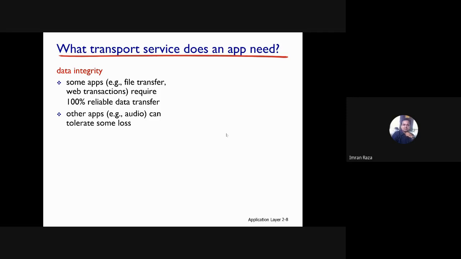So applications such as file transfer or web applications are applications where I need data integrity, right? And maybe there are applications such as audio that are loss tolerant. Loss tolerant means the losses are acceptable, right? For example, if you're using an audio application, there might be a loss, and that loss is acceptable because it will only create a small glitch in audio or video, and it's not a crucial impairment.